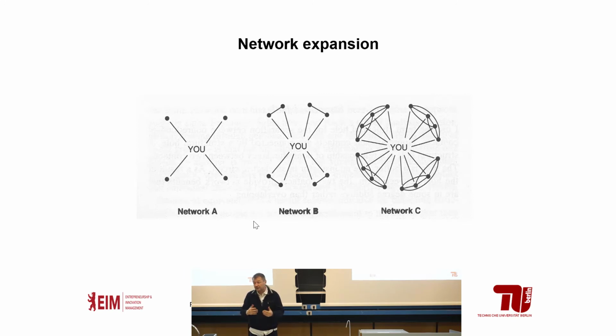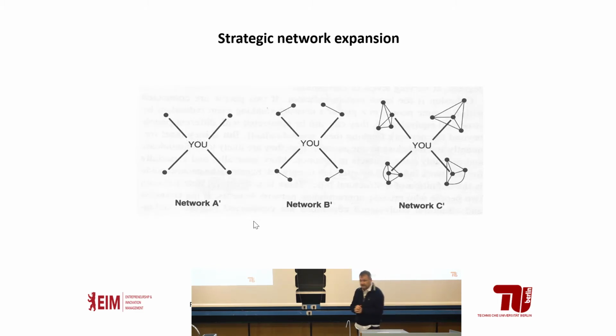But it also creates more redundancy. The more people you get to know, the more likely it is that those people know each other as well. That creates more redundancy in your own network and does not make it more efficient. What makes it more efficient is creating holes, being connected to unconnected groups. So with that, you have 4 contacts, but you reach 16 other people and the information of those people.